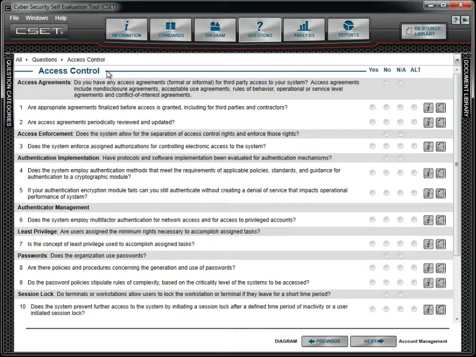All you need to do is click on the Quick Start button and the tool will set the default parameters and move you immediately into the question screen, where you can start answering questions. If the Quick Start method is selected, the system uses the questions-based mode, the key questions, and a low security